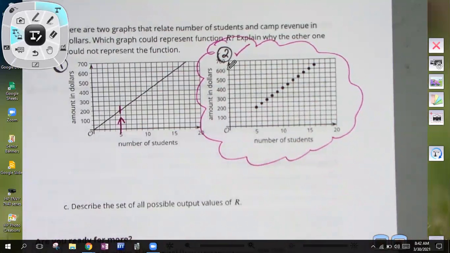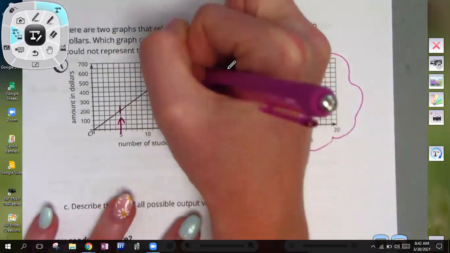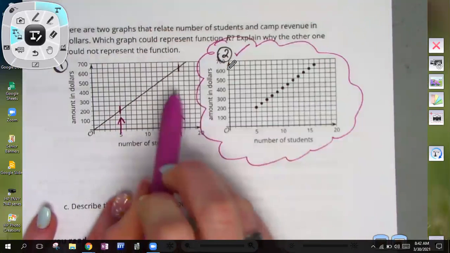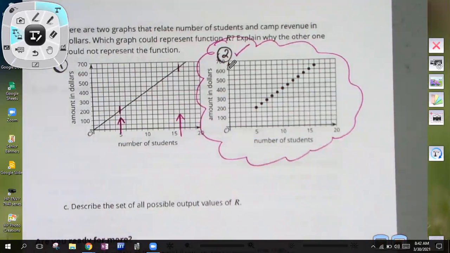Because we have to have less than 16, okay? We have to have less than 16. So it should have stopped right there. Okay, so those are the reasons why that one was incorrect. All right, now,